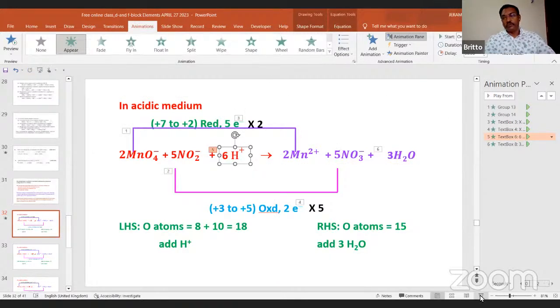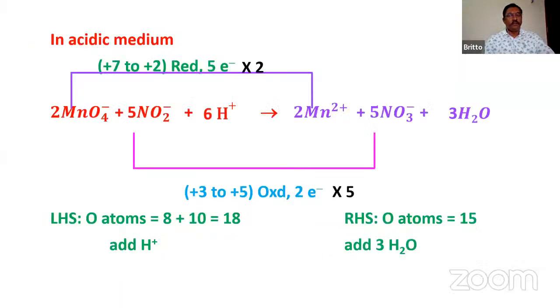Okay, so when you add that, now H+ is tallied. Now count all the atoms, so it will be balanced on both sides. 2MnO4- on the left, 2Mn2+ on the right. 5NO2- on the left, 5NO3- on the right. Oxygen count: the left-hand side has 18 oxygens, the right-hand side is also 18. On the right-hand side, 3H2O gives 6 H, and on this side the H+ matches. Okay, so this is the balanced reaction for this one,